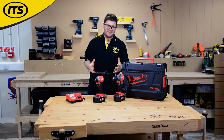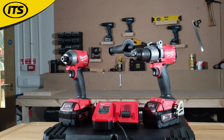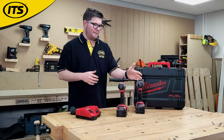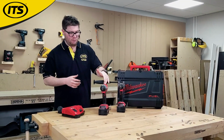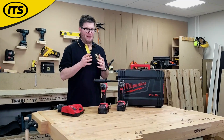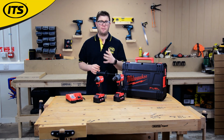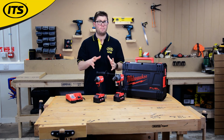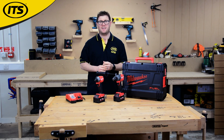Hi, I'm Rich from ITS, and this is an incredibly powerful, very popular two-piece kit from Milwaukee that includes the M18ONEPD2 Combi Drill and the M18ONEID20X Impact Driver. Now, both of these machines are part of the Fuel range, which I'll come on to in a little bit, but essentially it means they're top of the range from Milwaukee, and they are One Key compatible,